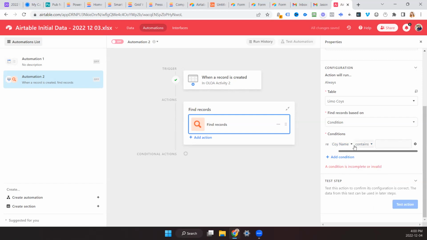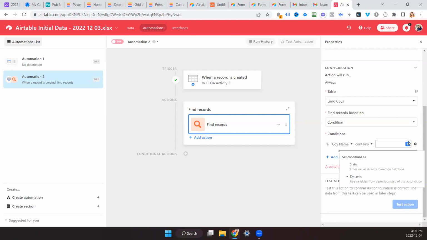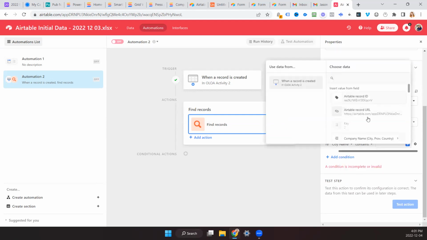So it needs to contain something similar to an Aloha record, and it's the single select field.